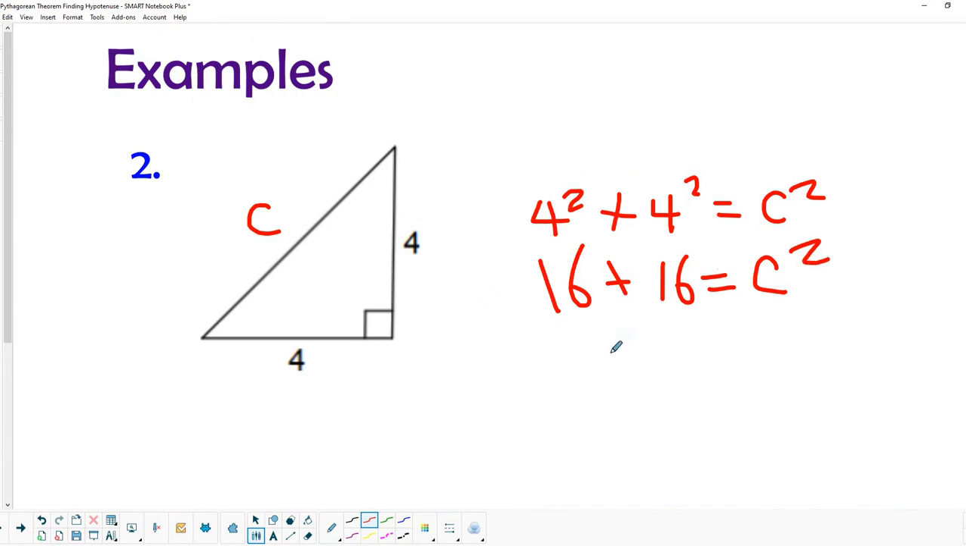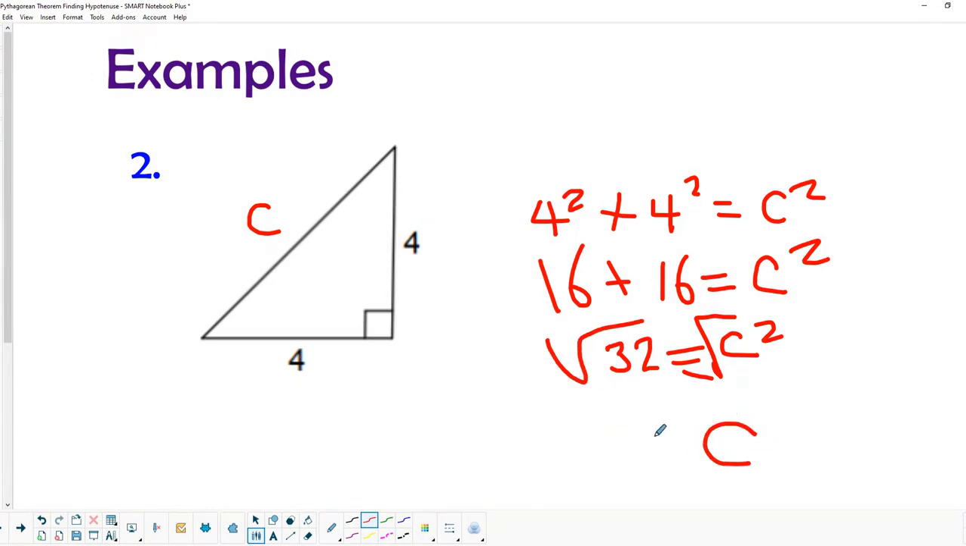And 16 plus 16 is 32, and that equals c squared. Now to find c, which is what we're looking for here, we just have to take the square root of both sides of this equation, and we get c equals the square root of 32, which you can do on your calculator. You just type in the square root of 32,